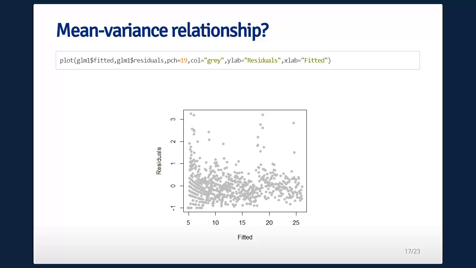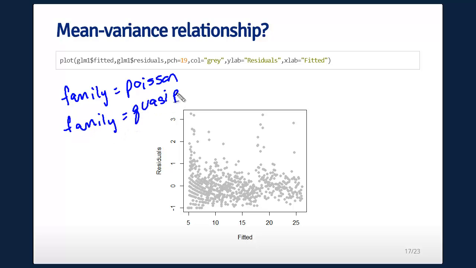One thing you can do in this case is you could always try, instead of family equals Poisson in the model, family equals quasi-Poisson, and then it will add a multiplicative factor, so the variance is not just equal to the mean, but it's the mean times a factor. It's not 100% clear that would work in this case, but a general thing that you can do